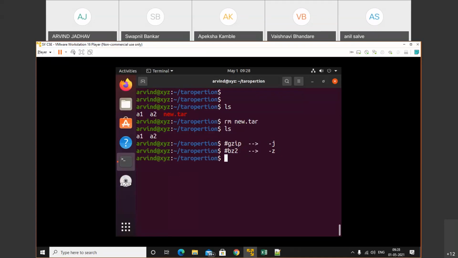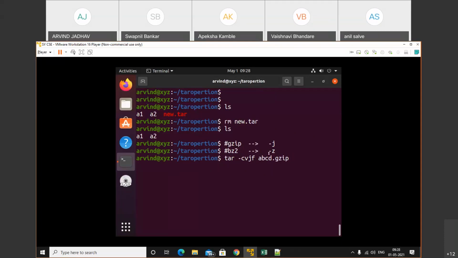A1 को कंप्रेस करके देखते हैं. So tar -cvf. Okay, अभी zip बनाना है, so here I will pass j only. cvf से क्रिएट होता है, तो एडिशनल zip फाइल बनाना है तो मैं क्या करूंगा, जस्ट j ऑप्शन पास करूंगा. So फाइल नेम abcd.zip. एक्सटेंशन चेंज हो जाएगा इसका. अभी नॉर्मली इट वाज अ tar.